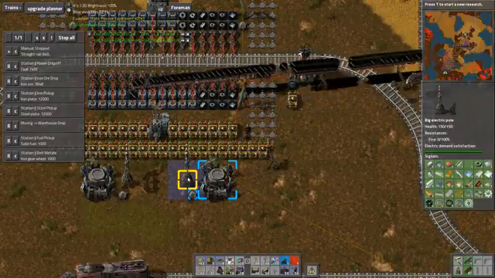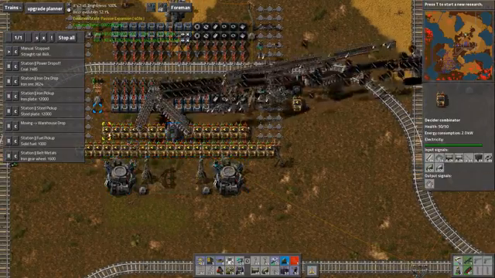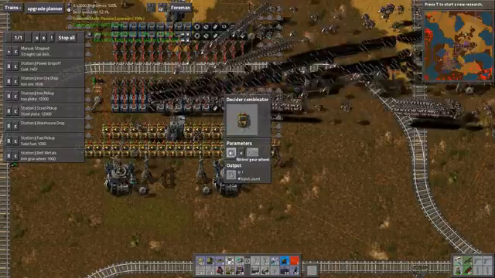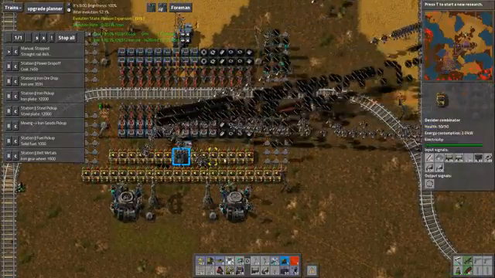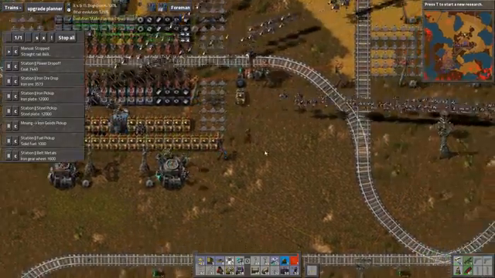Okay, so it's saying I need iron. It's saying I need steel. The problem now is that these signal values are actually wrong. Because it's saying like 6K. Okay, so I really need to go fix the signal values. So I think I'm going to do that off camera. And then...